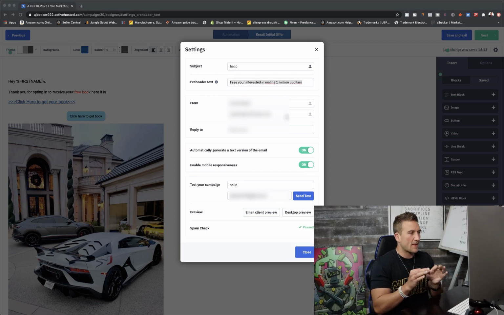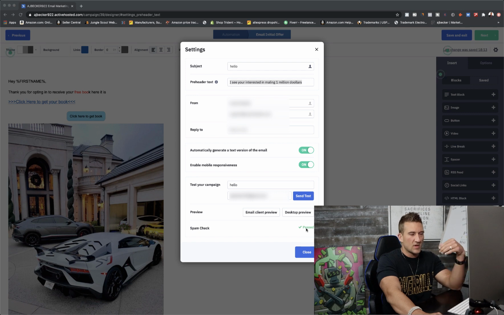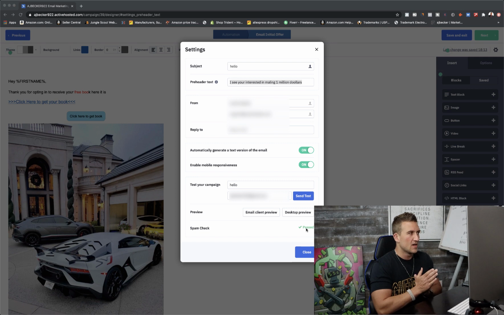Okay, everybody, we're back. The battery died, and we left off at sending a test to your email. Once you send a test to your email, then as you can see here, you have the spam check. Currently, it is saying it's passed. Prior to the battery dying, it said it didn't pass. The reason it didn't pass, it also stated that because I was linking to a free Gmail account. So in my reply to email it said it was from my name, Austin, but it was also coming